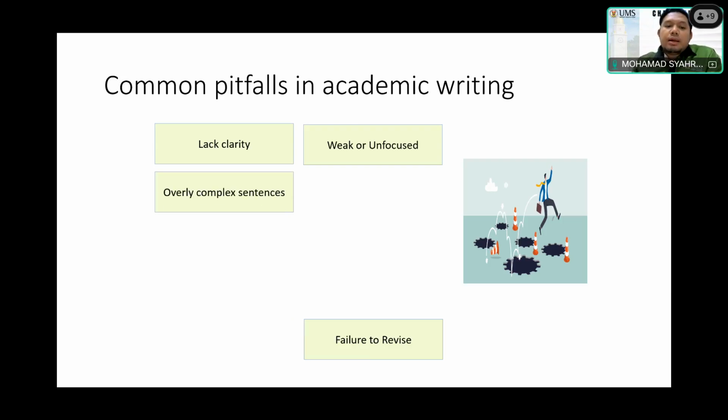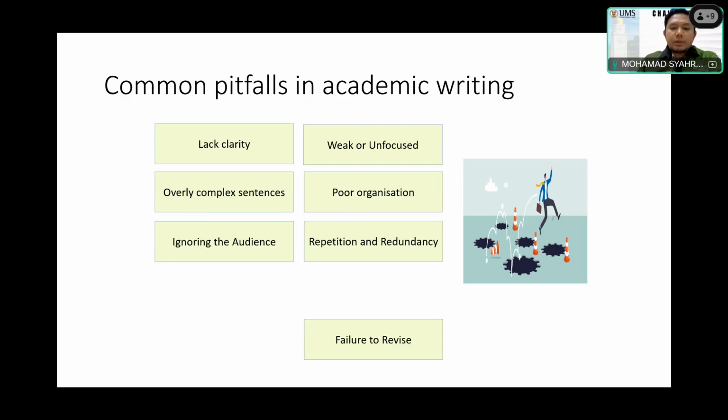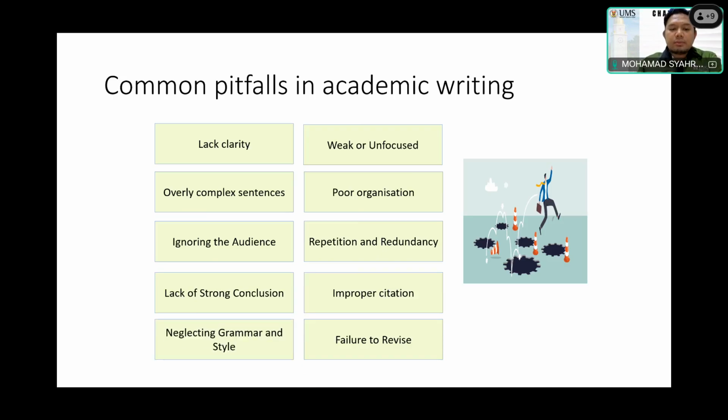And then maybe overly complex sentences, poor organization, poor visuals, ignoring the audience, repetition and redundancy, lack of a strong conclusion, improper citation, like you have 3, 4, 5 reasons here, for example,